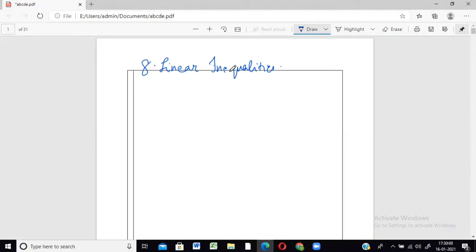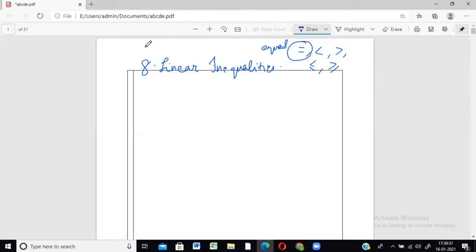What do you mean by inequality? See, there are many signs, right? These signs we keep using so many times in maths. This is equal. This is less than. This is greater than. This is less than equal to. This is greater than equal to. So all these signs are used somewhere in maths, correct? But only this one is called the equal to sign, which gives you the exact idea about